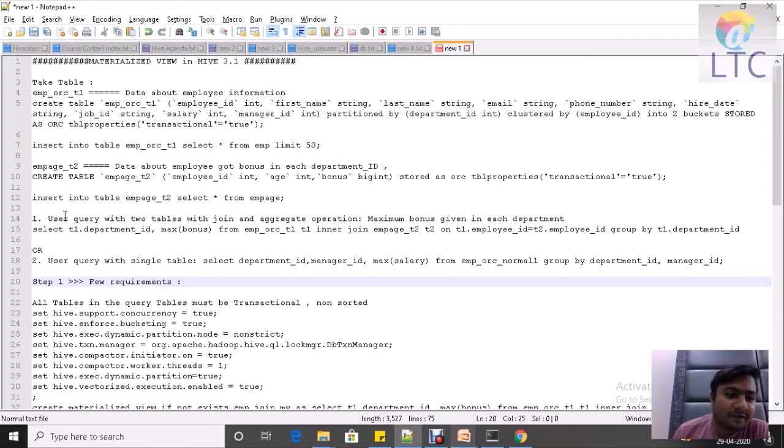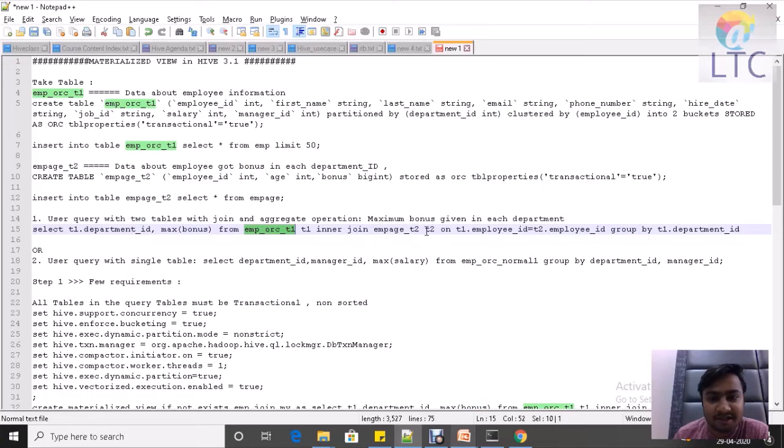Now if a user wants to query the maximum bonus given in each department, the query will be: select department ID, max of bonus from both tables, with an inner join on employee ID as well as a group by operation.